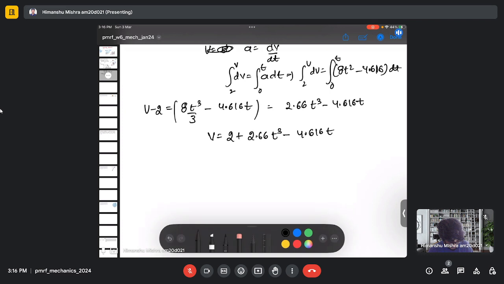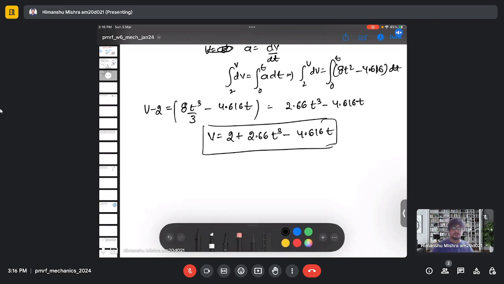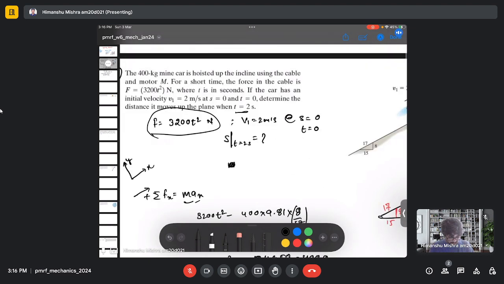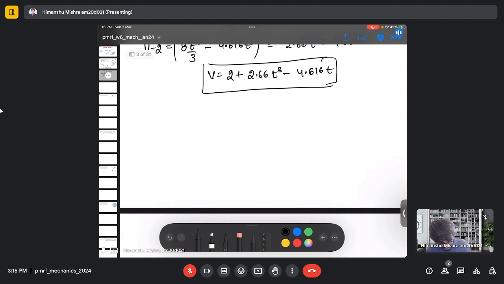And this is my expression for velocity with respect to time. But we need to find the distance at time equal 2 seconds. So here I can write velocity as rate of change of distance, or rate of change of displacement actually, with respect to time. So I can integrate the above expression again from 0 to s and from 0 to time. So it will be s equals